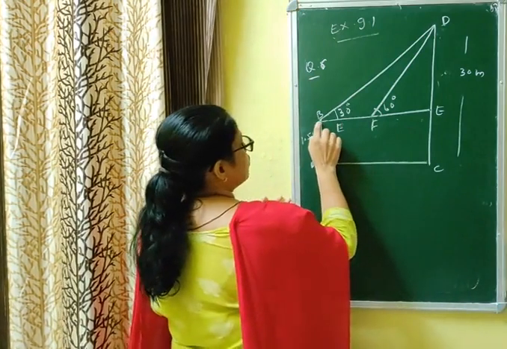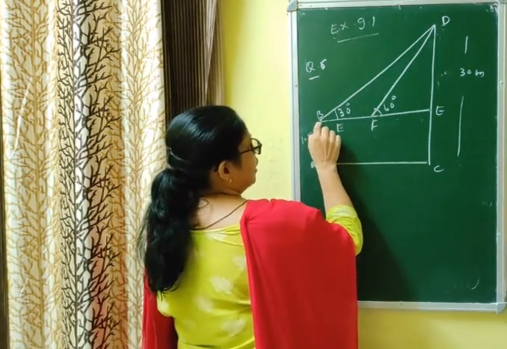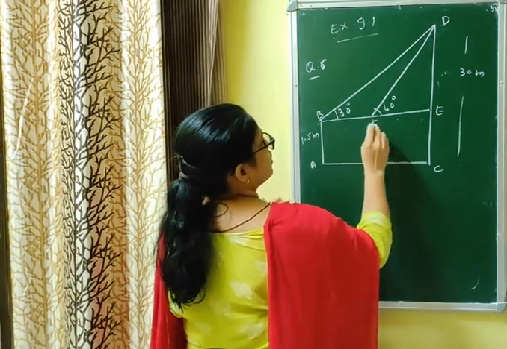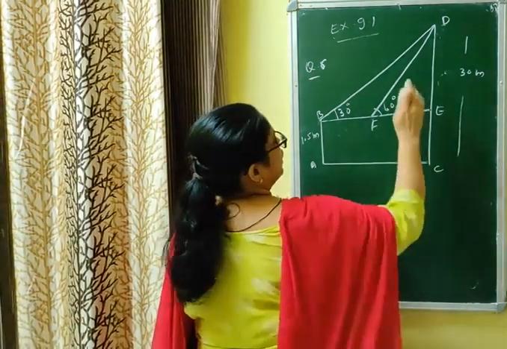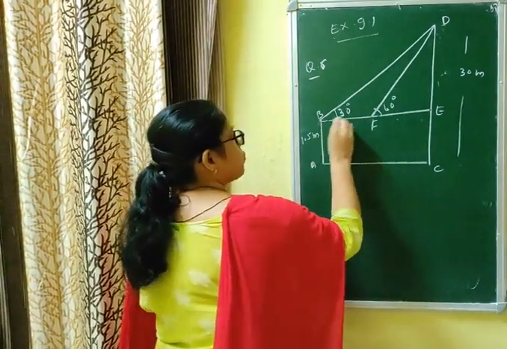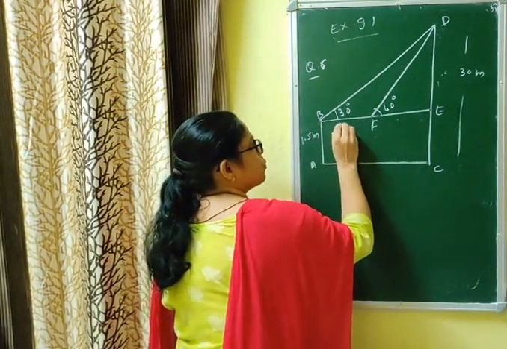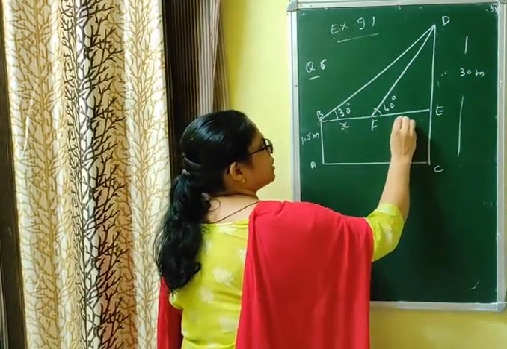कहाँ से स्टार्ट किया वॉक करना? B से F तक पहुंच गया. तो कौन सी डिस्टेंस निकालना है आपको? This is F. A, B, C, D, E, F. तो ये डिस्टेंस आपको निकालना है BF. यहां से वॉक चल कर यहां तक पहुंच गया. This distance is to be found out. Let it be X and let it be Y.